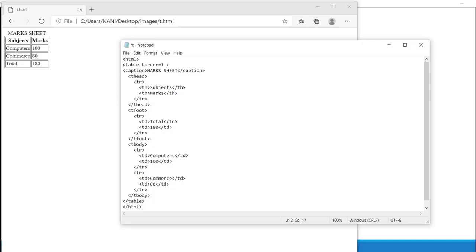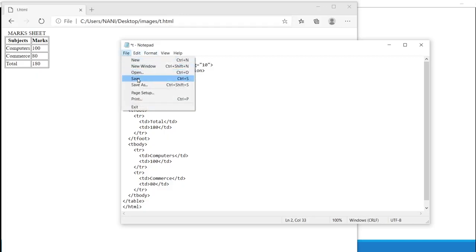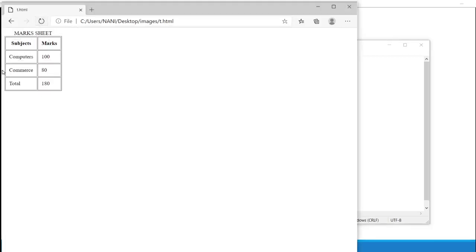Let's see the cell padding and cell spacing. Cell padding equals to number. If you observe this, it provides the space between the content of the cell and the cell border.